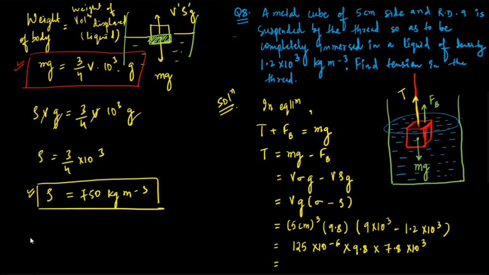So this is how you're supposed to solve this question. Here, assume sigma to be the density of the object, which is given as